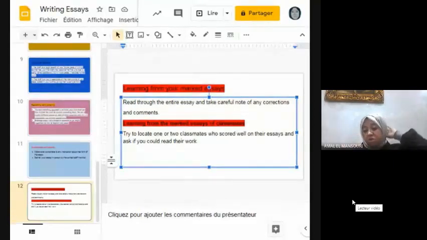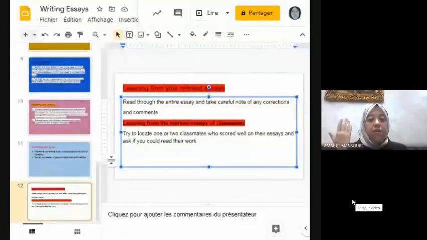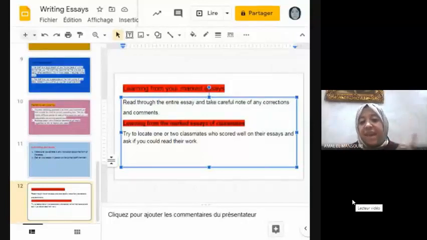You should actually have started the revision from the first lecture, because I have been telling you this since lecture number 1. You have to organize your time and your notes, and start thinking about the exam from the very beginning of the academic year. Whenever you finish a lecture, you think about the most examinable questions. Predict any type of questions that you will be asked in the exam.